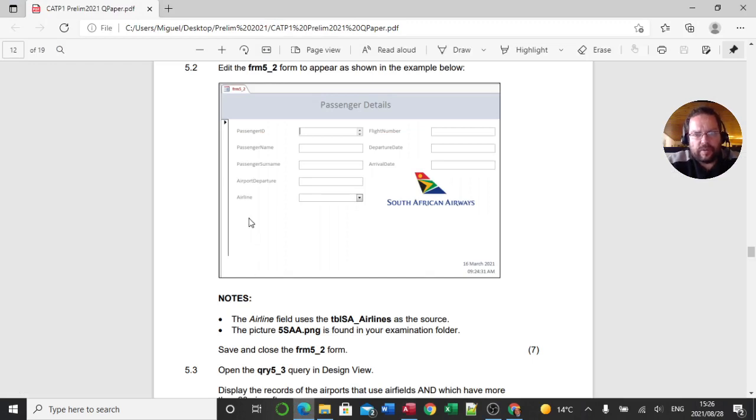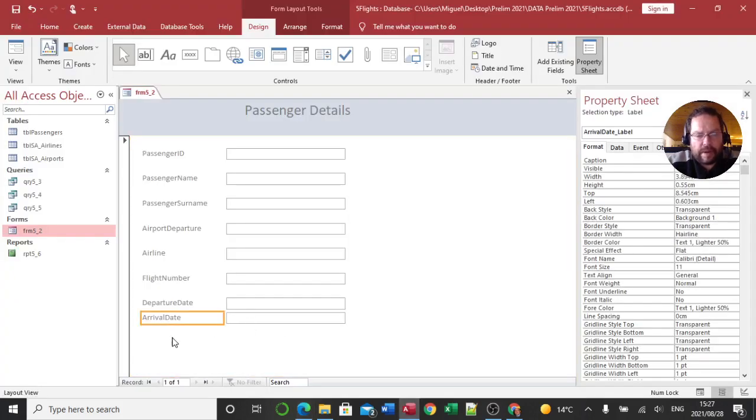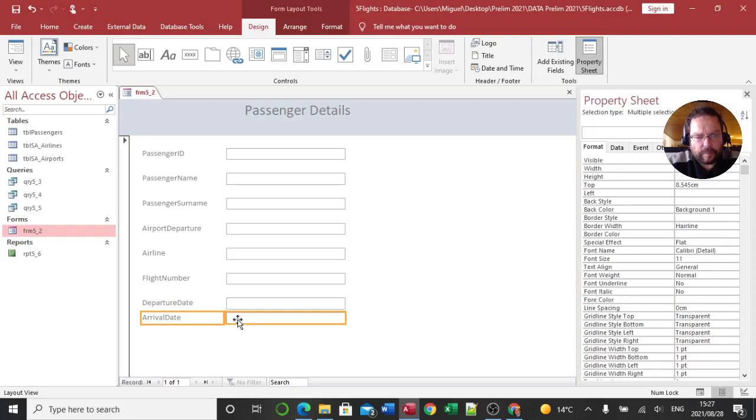So now notice here it says passenger ID, passenger name, passenger surname, airport departure, airline. Okay, these five are there, and then with flight number, departure date, and arrival date. So I need to separate this to look the same. So the arrival date with its edit box, the departure date, the label with its box,